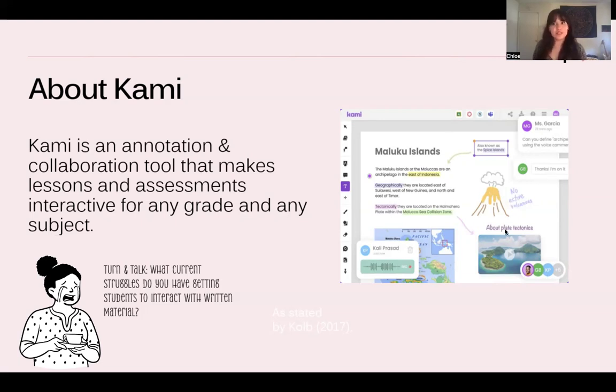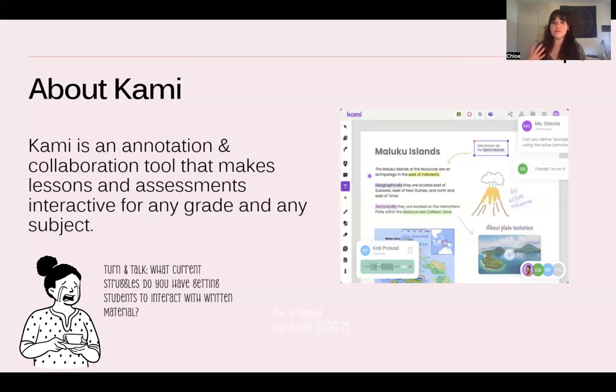They've all been assigned to a singular document. So Kami can be great for group projects as well as singular assignments. As you can see, 5 people are all in this document and they're all making individual comments. It does not get mixed up. With paper and pencil group assignments, you turn something in and it's very difficult to tell exactly what student